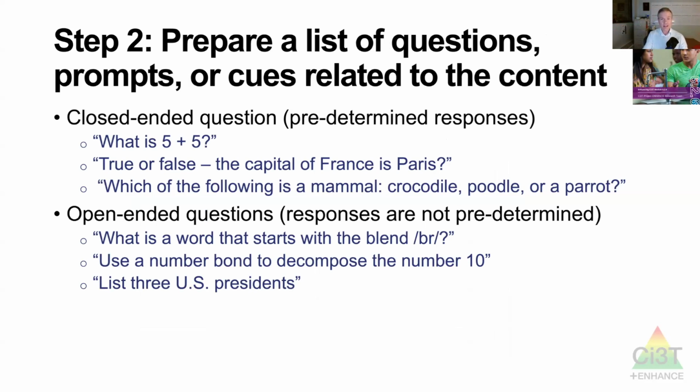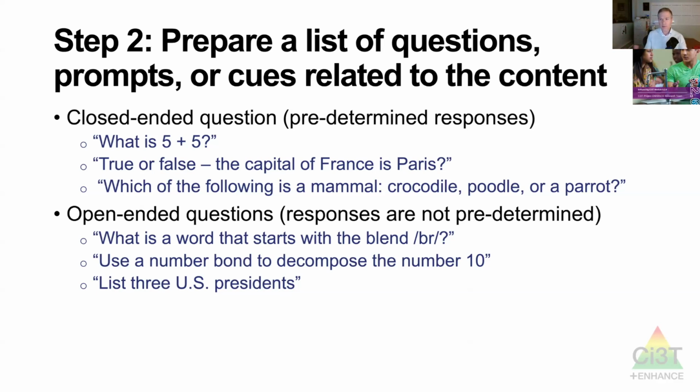So if I really wanted to do a lesson on the Golden Gate Bridge, I'd have a whole bunch of things ready to go to ask people. Things like what type of art is all the elements and how do I ask that? So is it going to be a true-false question? Like Art Deco were the stylistic elements on the Golden Gate Bridge, true or false?